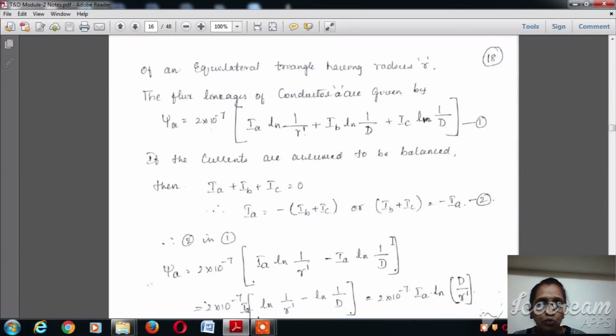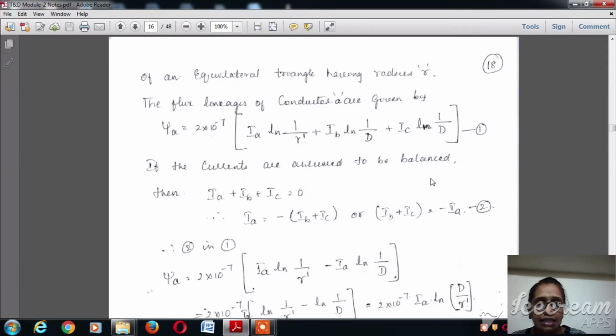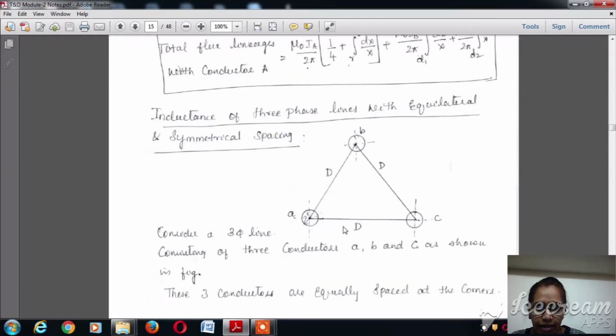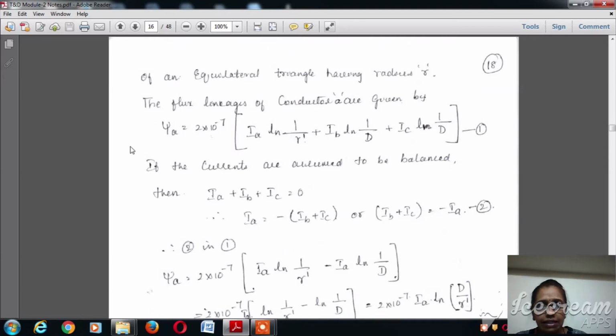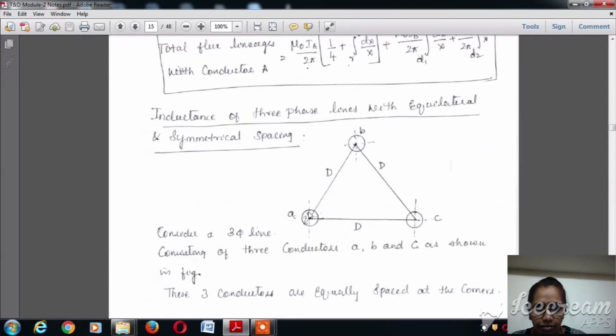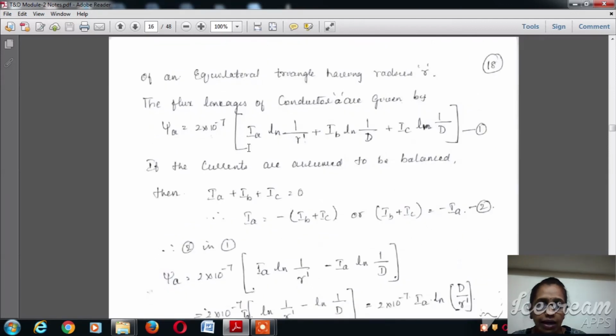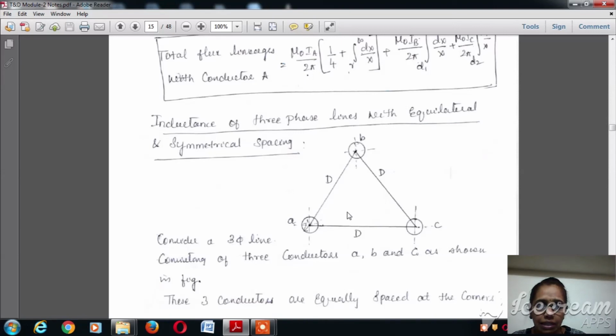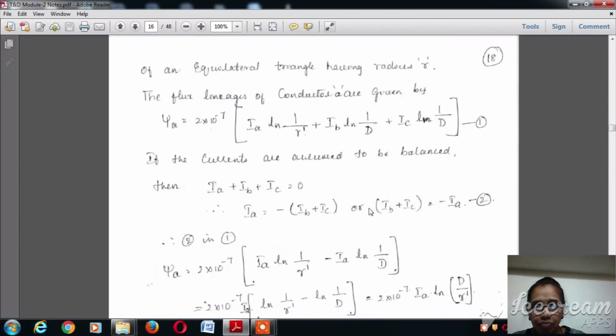Now with this we can write the equation for the total flux linkages of the conductor, considering the conductor A again here. The flux linkages of the conductor A is given by psi A is equal to 2 into 10 to the power minus 7 multiplied by Ia, the current flowing in the conductor A, into ln 1 by r dash, plus Ib into ln 1 divided by d because it is at the distance d, and Ic into ln